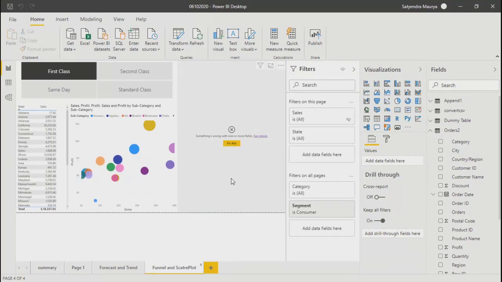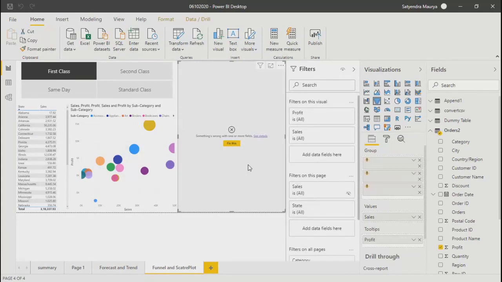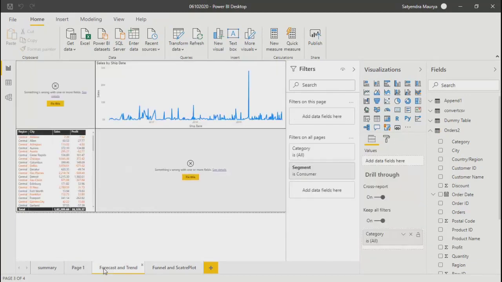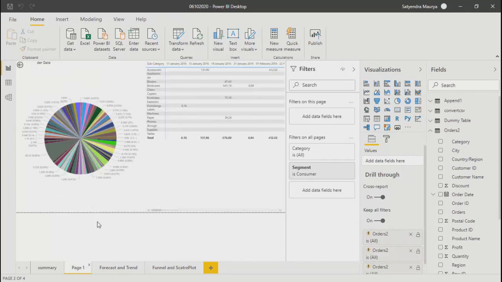Okay, so this one is not working. I think it has funnel. Okay, then forecast and trend. Over here also few things are not working. And I think this one is fine.